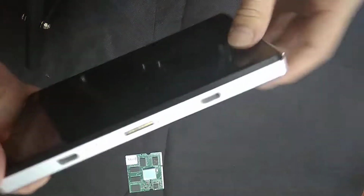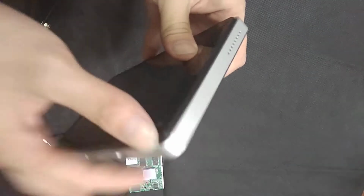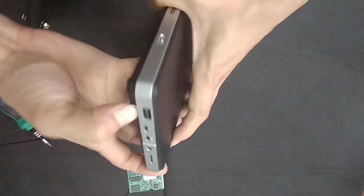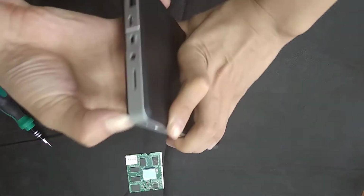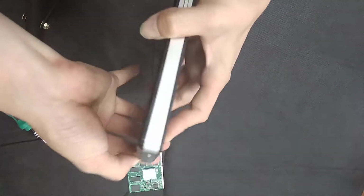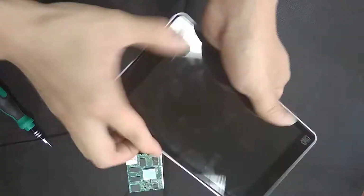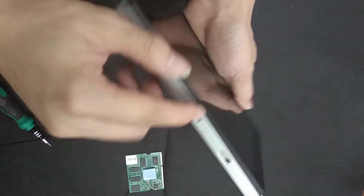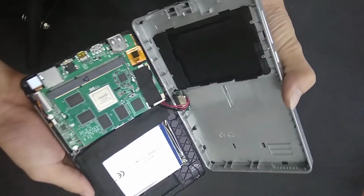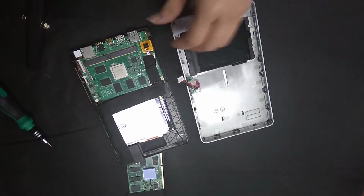There is a notch on the Ntablet. We can see this. Okay, you can open it, but please take care because there is a cable here, so open it carefully. Well, we can see, and we remove the cable. Okay,